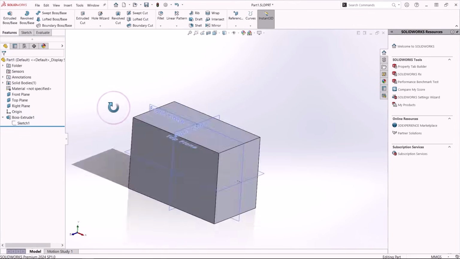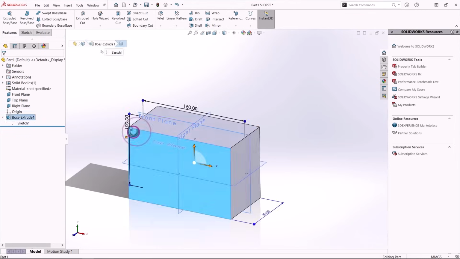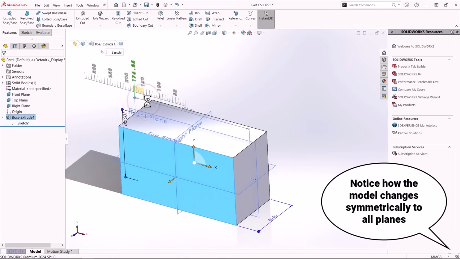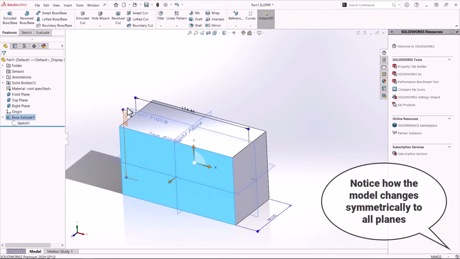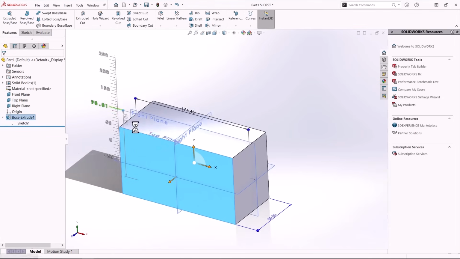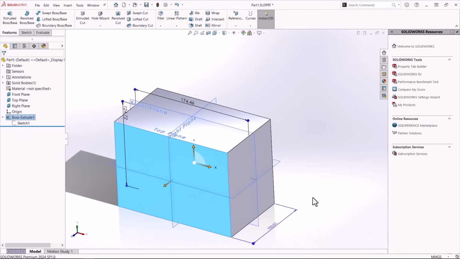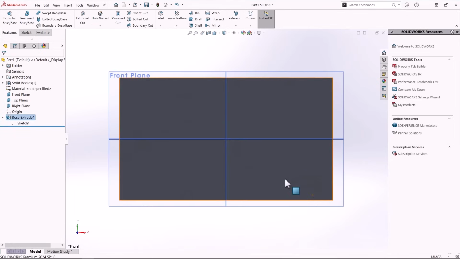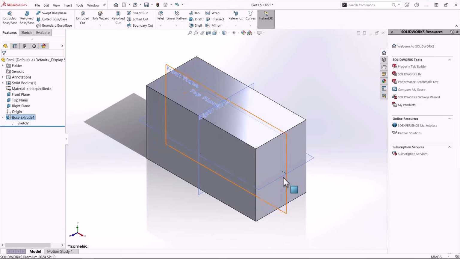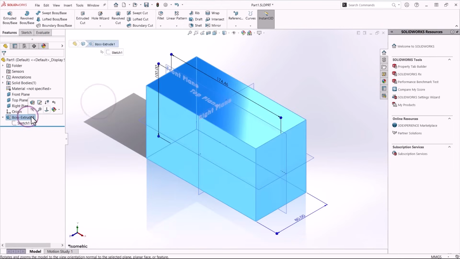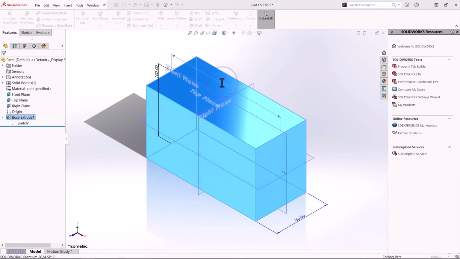Designing our objects in symmetric ways allows us to utilize features in a way that reduces our design time dramatically. You can save many hours of design that way, so the rule of thumb here is always respect symmetry. It's important to learn how to design correctly early on, and that way you'll have a lot easier time learning the software, trust me.